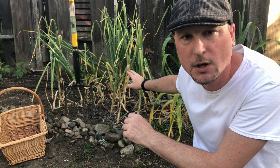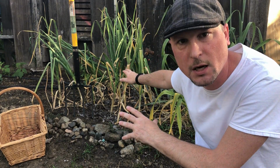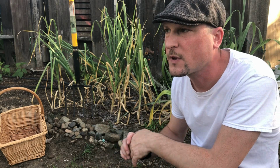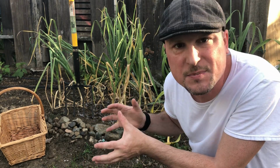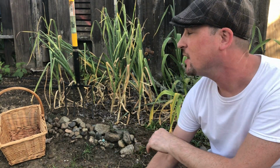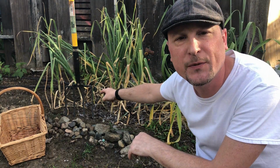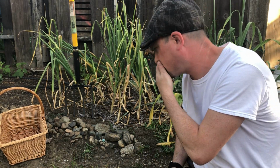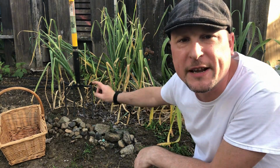All right, let's see if this works. Get it going up here like so. The wind's going to kick in real good while I'm here. The leaves above the soil line start dying off, which is really ruining that. We'll go right back again here. All right, so our garlic has been sitting in there. Pull up these cloves and see what we get. I'll show you real quick, we've got our garden fork there. That's what we're going to do. All right, and to show you real quick here,